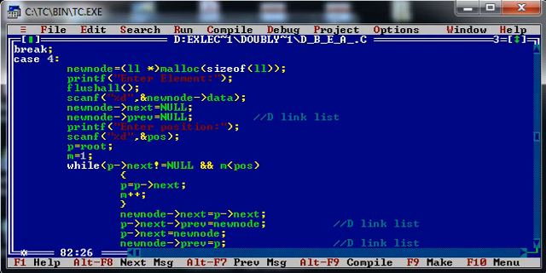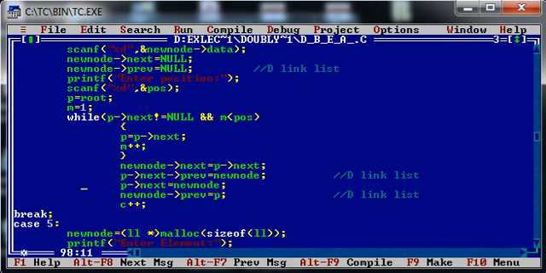Now as you can see, I have assigned memory to the newly created node, taken the data from the user, and set the next and the previous address to null in the newly created node. Then I am asking for the position after which node we would like to insert the element. Once again I have set my P pointer to the first node of the doubly linked list. M is considered as the position counter.